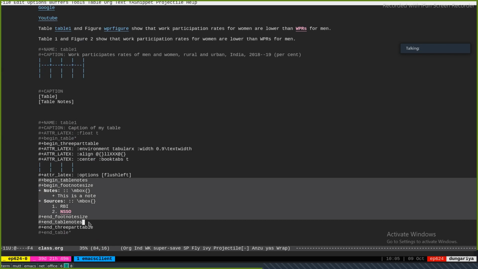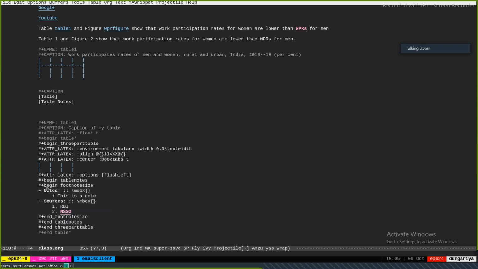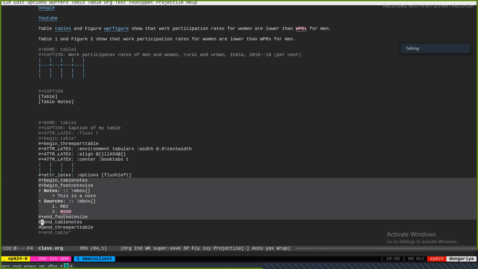Now the notes part of it, begin footnotesize, end footnotesize would reduce the font size. That is the size of the main text, and the footnote size is slightly smaller. So I am saying here, between this and this, use footnote size of the font. From here to here are the notes.